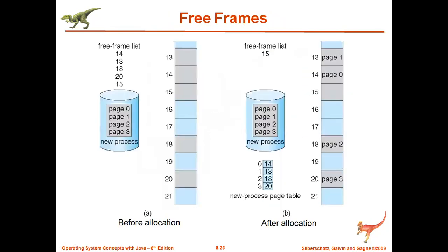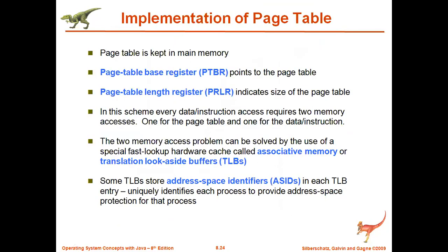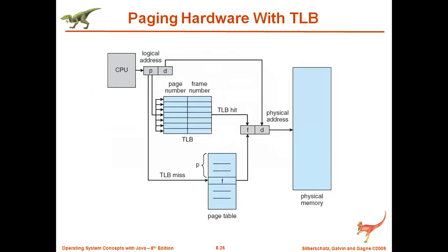So that's all we have seen, how the address will be generated. Next, let's go to the solution: how the access time can be reduced. In fact, it cannot be reduced 100%, but some percentage of the access time can be reduced with the help of an implementation of the page table, that is, with the help of the TLB. Here I'll show you directly. That is the translation lookaside buffer.